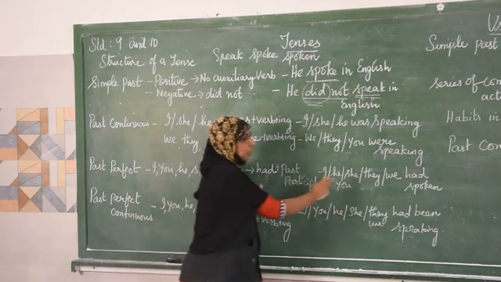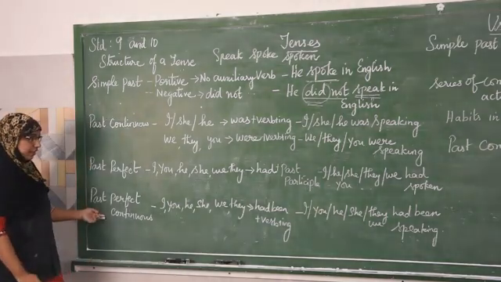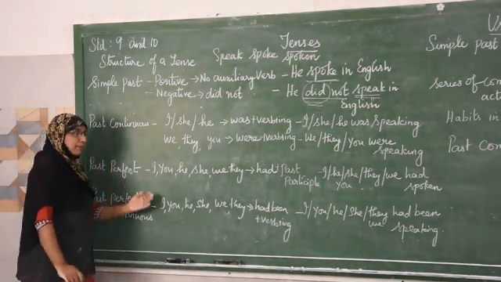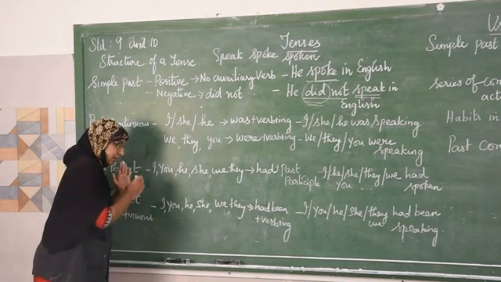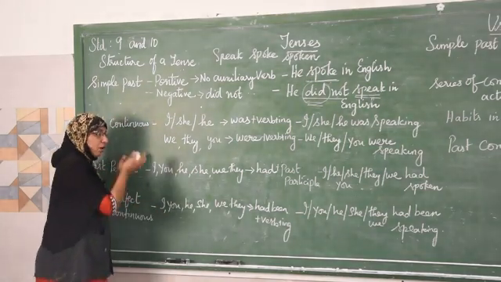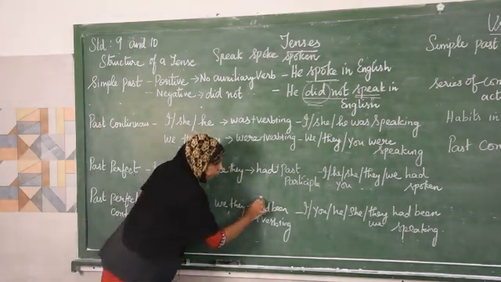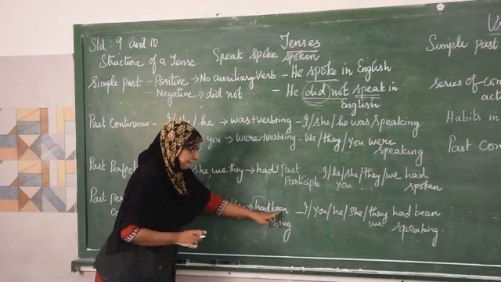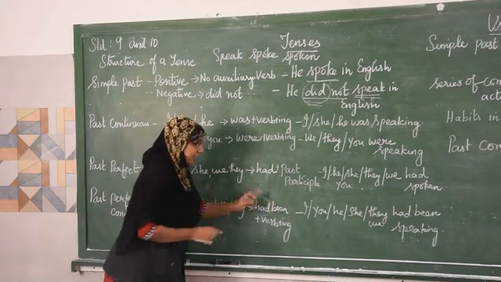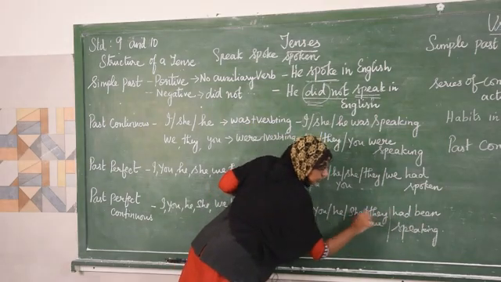past participle, had spoken. Now next one, past perfect continuous. Again for past perfect continuous also, the same rule you have to follow here. Whether it is singular or plural or first person, second person or third person, always remember for perfect tense you have to use the have form of verb, that is had. You have to add what here? Been, verb plus ing. Had been speaking. Is it clear to you?